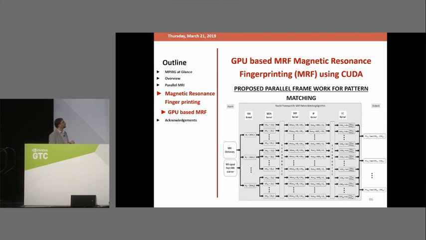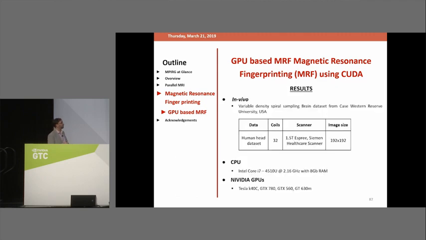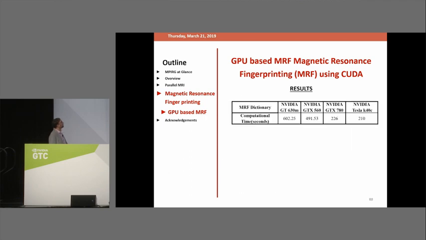And this is the parallel framework we developed for the pattern matching part. Again, it's hugely parallel, and it can launch a huge number of parallel threads, and then we could reduce the scan time and the reconstruction time significantly. So we used the NVIDIA GPUs for this, and to test our architectures,